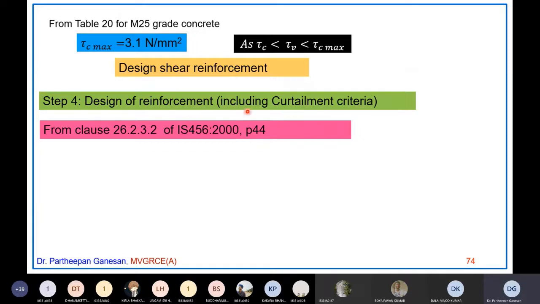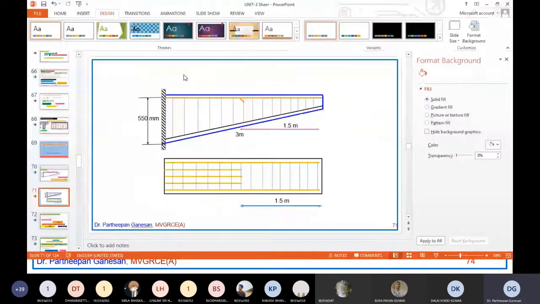If you are cutting down the reinforcement, then the design is slightly different. That is given in 26.2.3.2. What do we do initially, without curtailment? We already found out tau c, we have found out tau v, we have found out tau c max. We have designed the shear reinforcement, right? So if you go back into the previous problems,